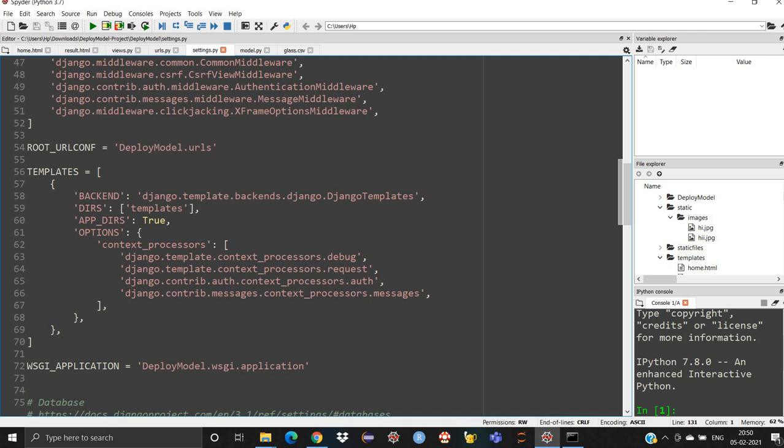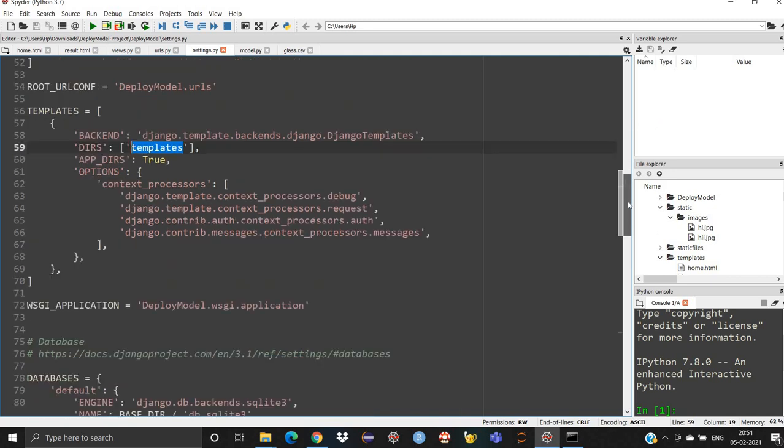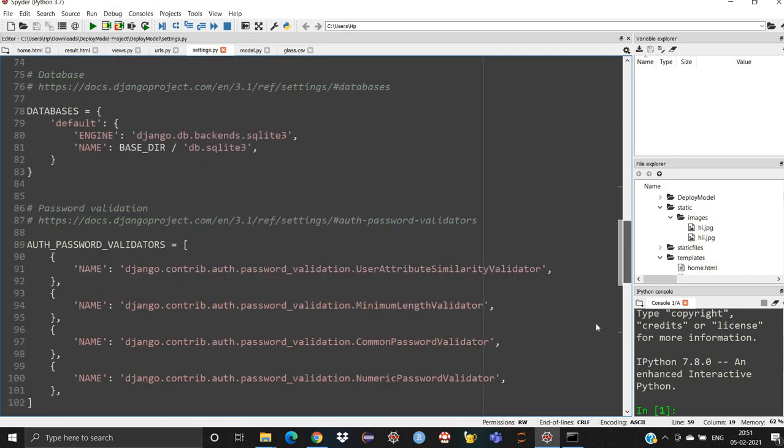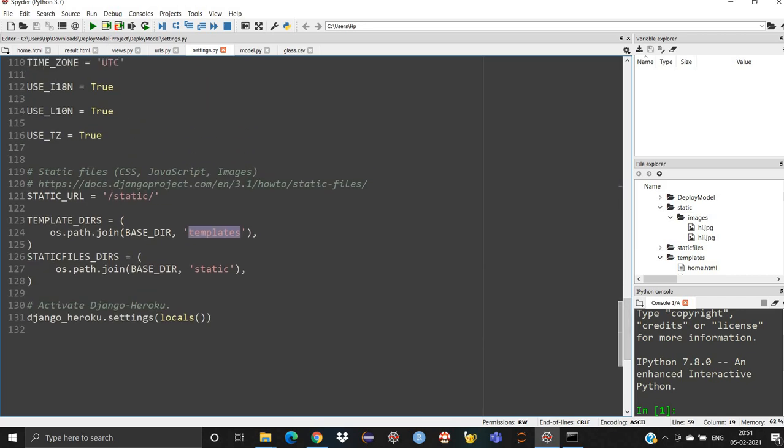You have to include your templates folder inside the DIRS directories, which resides in the TEMPLATES variable. Just make sure that you mention the name of your templates folder inside DIRS. And then you also have to mention these two lines.